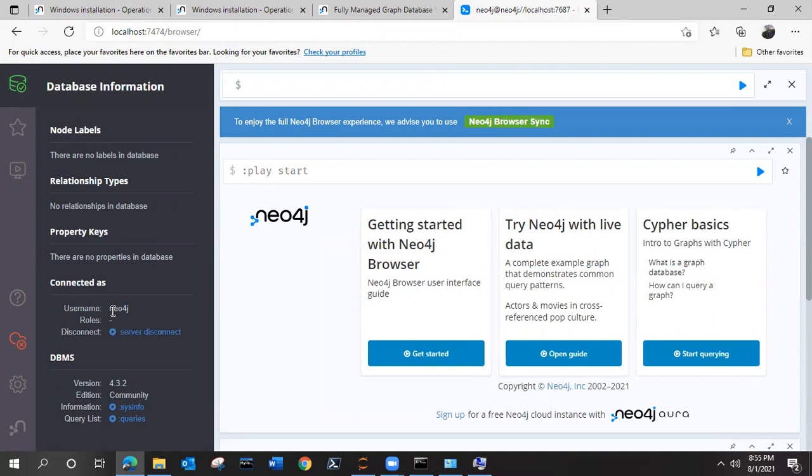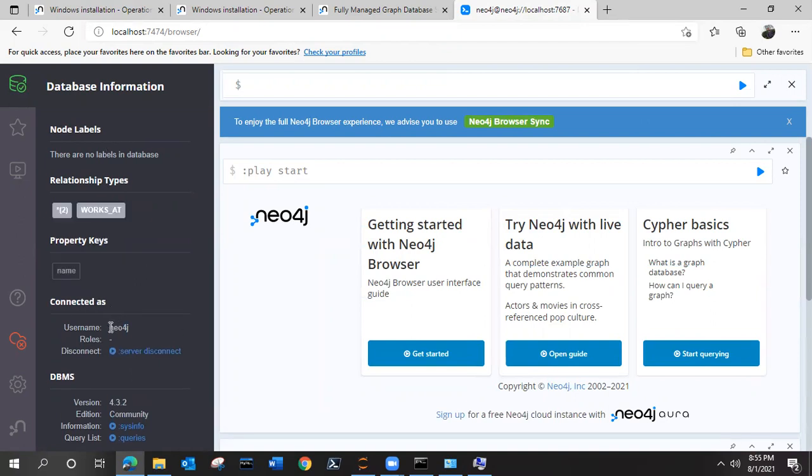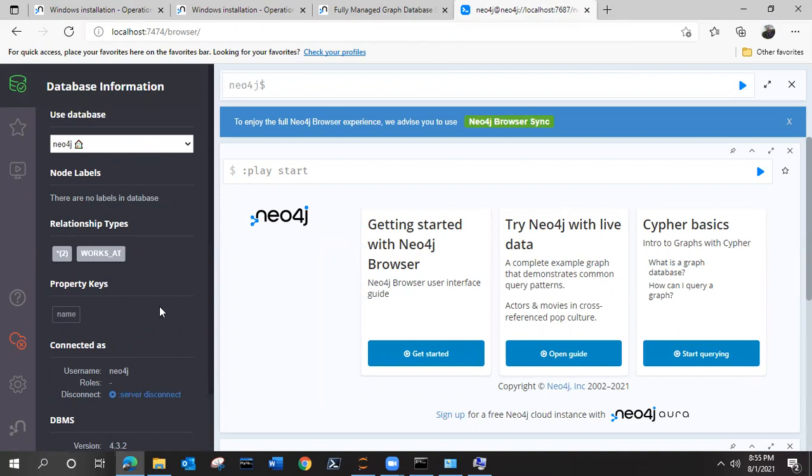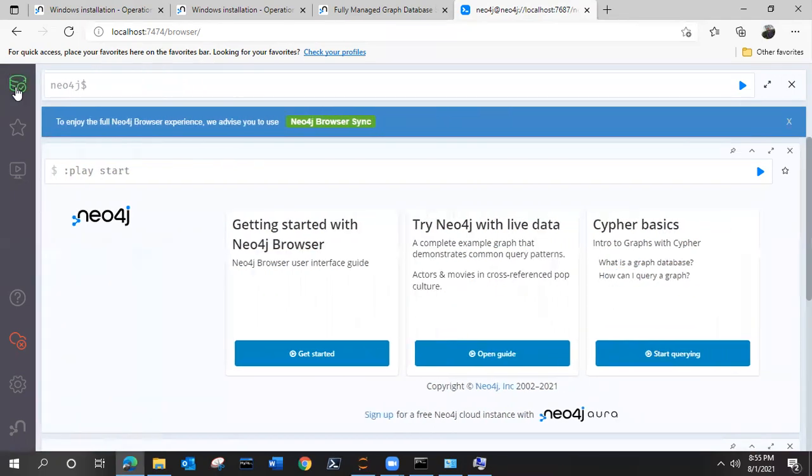But you can see the role and the username neo4j, which is available. Previously I was trying to execute one of the examples, and it is showing that it has two relationships. So forget about that, what the relationship is and how it is going to work. We will come back with a fresh example of how we can make use of Neo4j here. Till then, you can start installing Neo4j on your system. Then we will proceed further in the next video.